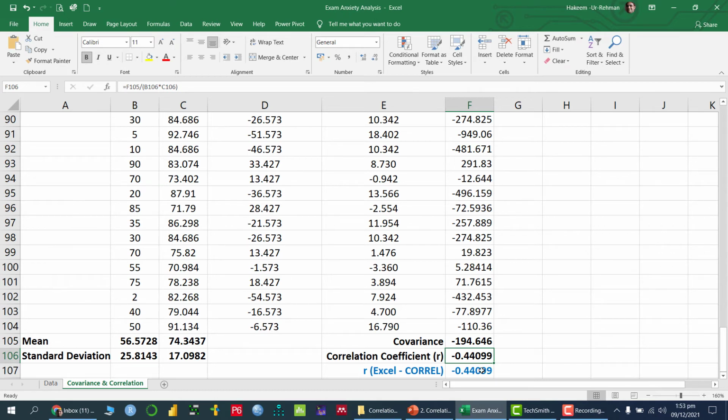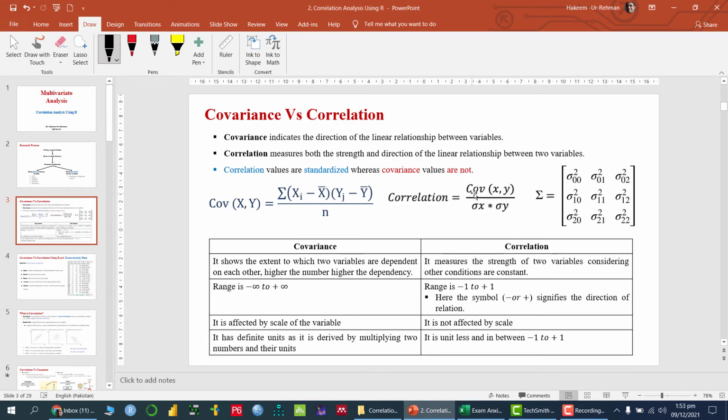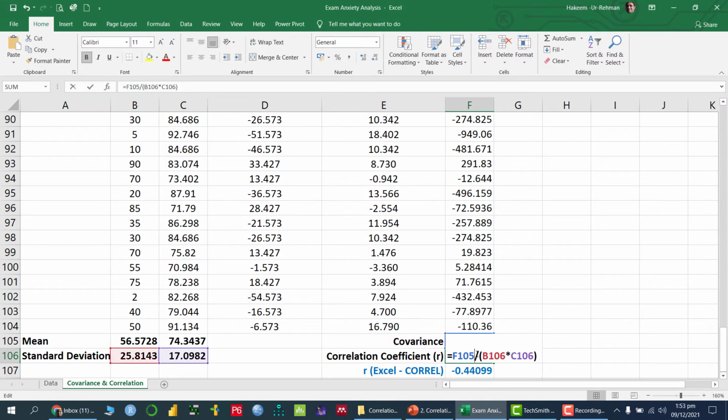How can we do that? The formula is the covariance divided by the standard deviation of x and the standard deviation of y. The covariance we have calculated over here, which is F105, divided by the standard deviation of x and the standard deviation of y. So this is the correlation coefficient. This is how we can calculate it manually.